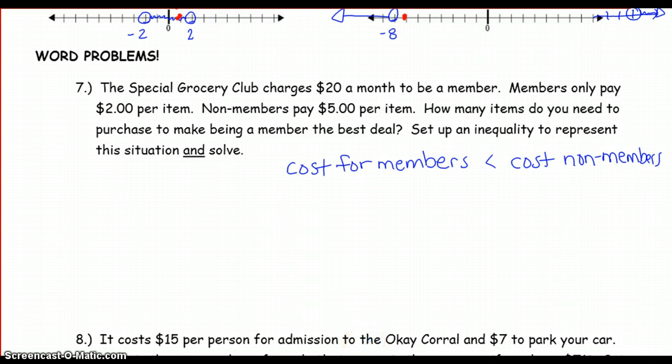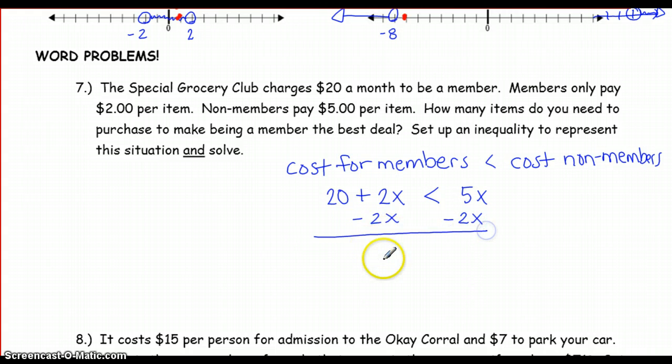All right, so we're going to set up our inequality. We know that the members pay $20 a month, and for each item they pay $2. We don't know how many items they're buying, so that's our variable. That's going to be less than the non-members, which pay $5 per item. So here's our inequality that we're going to go ahead and solve. We're going to subtract 2x from both sides, and when we do that, we get 20 is less than 3x,